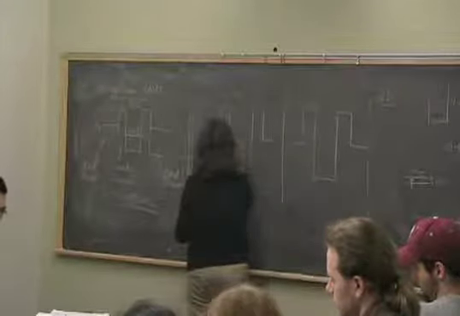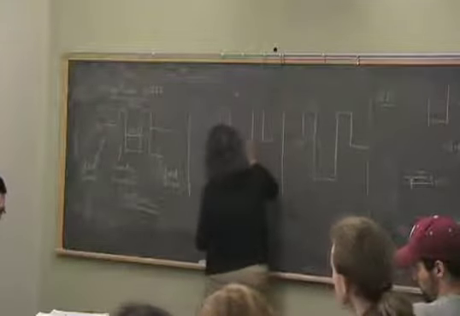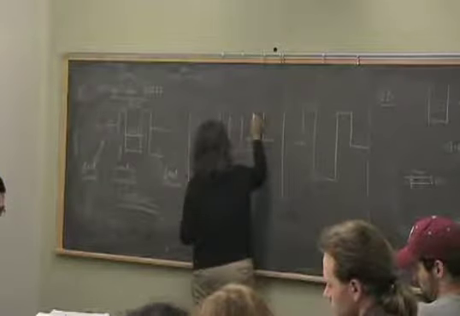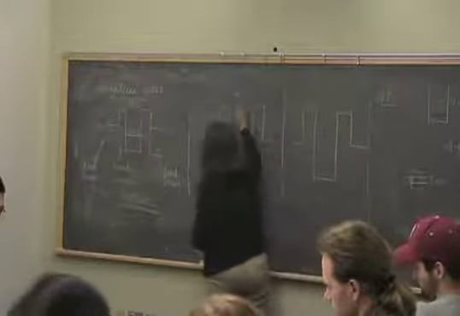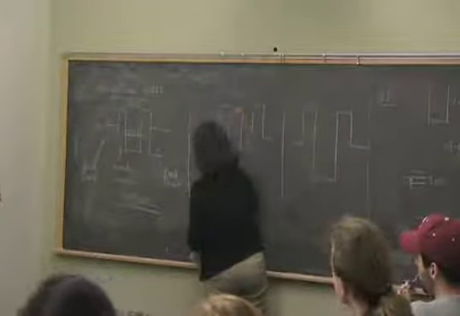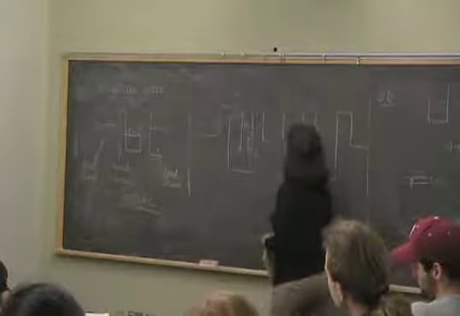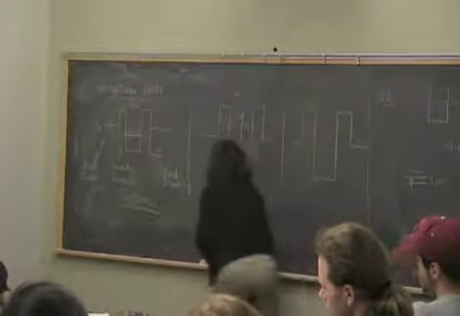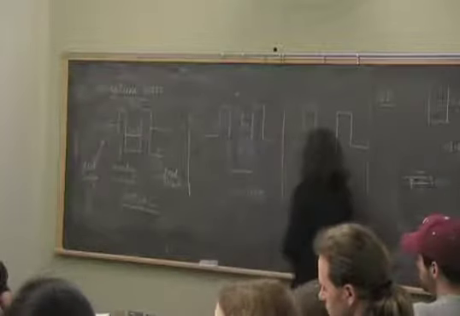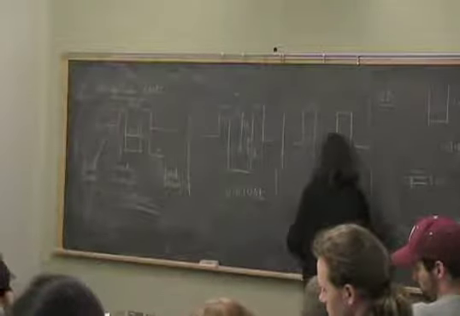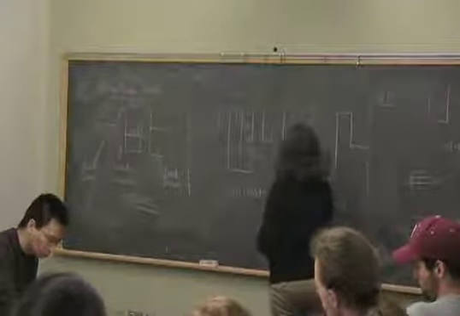So here is 0. So this is a virtual state. It's an intermediate state. And this is the final state, in which I'm going to have a spin flip, where